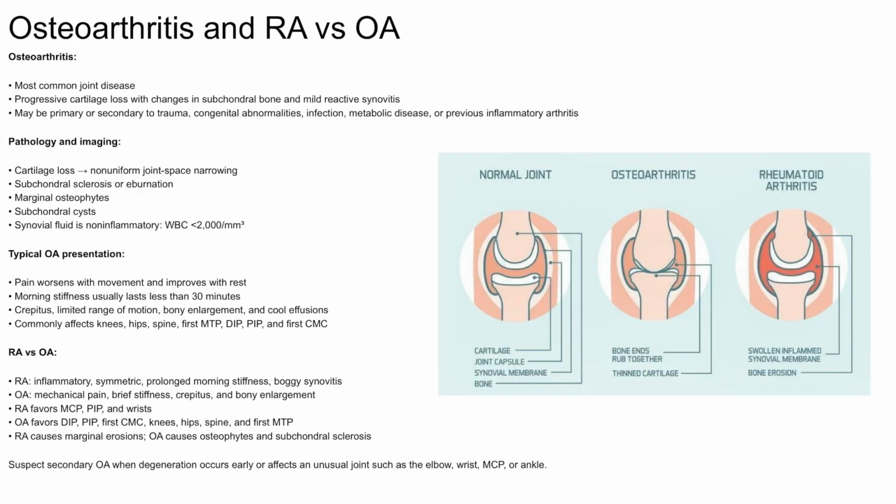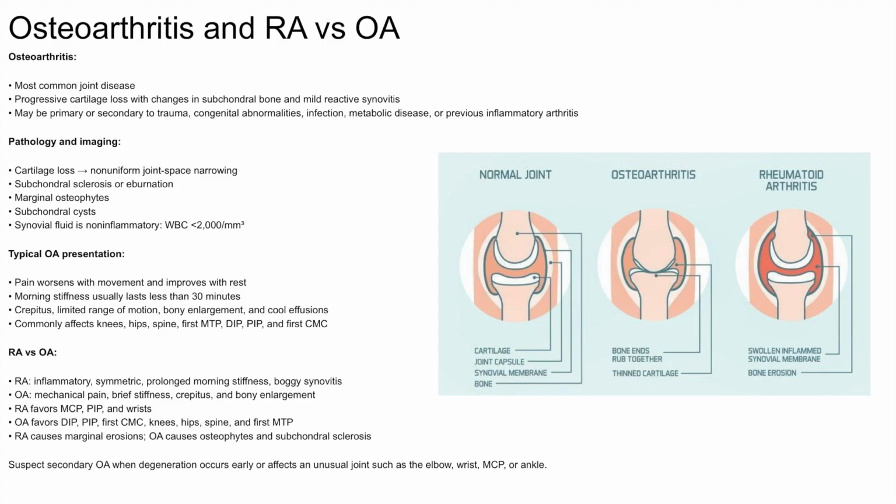Okay, so osteoarthritis is the most common joint disease and results from progressive cartilage loss with remodeling of subchondral bone. Clinically, it behaves like a mechanical disorder. Pain worsens with activity and improves with rest. Morning stiffness usually lasts less than 30 minutes, and examination shows crepitus, limited motion, bony enlargement, and a cool rather